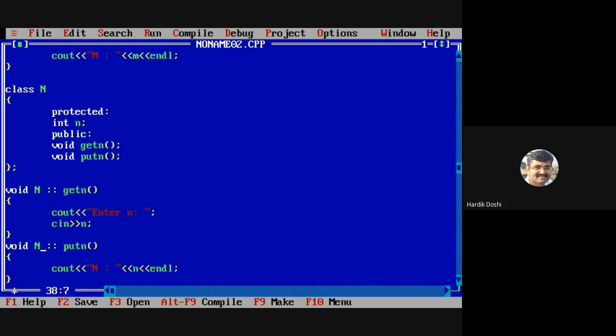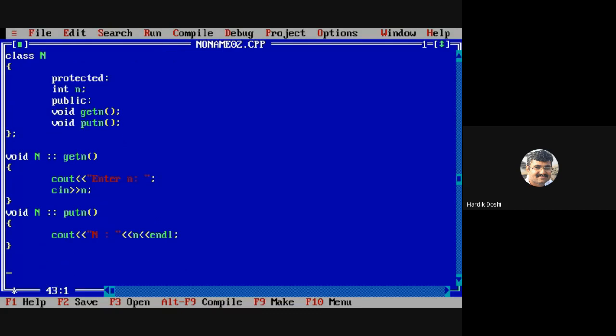We are going to implement multiple inheritance. So these two classes, class M and class N, will be derived into a third class. Let me call it class P. Multiple means two classes I want to inherit.